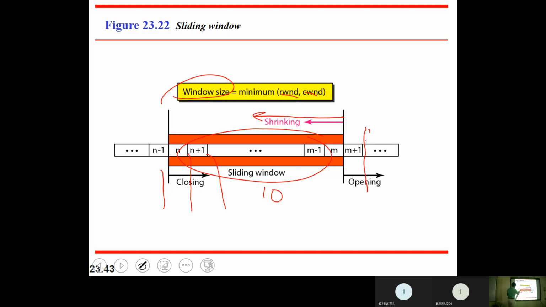But is there any chance that I got an acknowledgement till this particular point, and I am opening a window and this window is coming at this position? It is not possible, because that is already past. Past things I cannot do anything about. But whatever the upcoming things, I can accept them into the window. So that is the reason we say this side of the window will be closing, and this side of the window will be opening. And we also have a facility where the window can also shrink. Is this concept clear, how the sliding window operates?